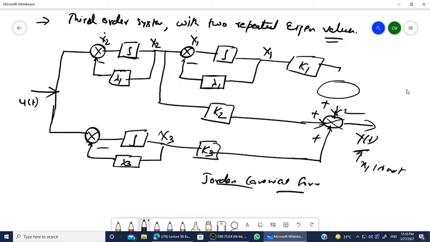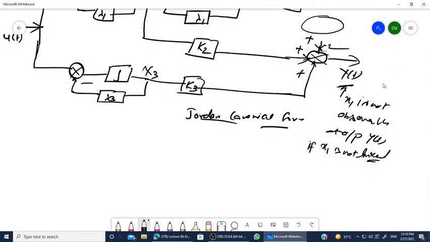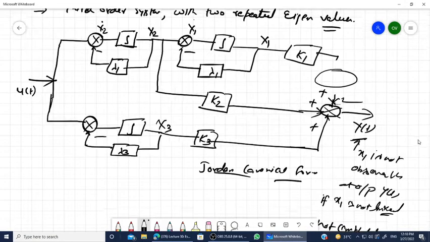X1 is not observable at output yt if x1 is not linked. If x1 is not linked, remember, it means it is the unobservable system. Simple. It is not completely observable. Remember, not completely observable. Next possibility is